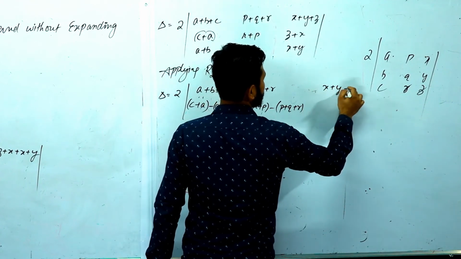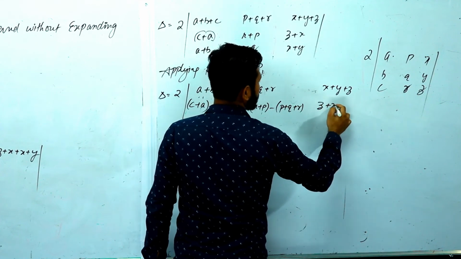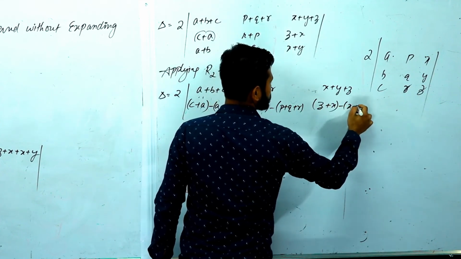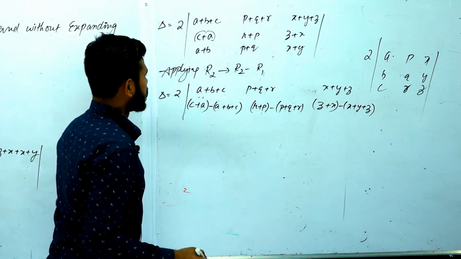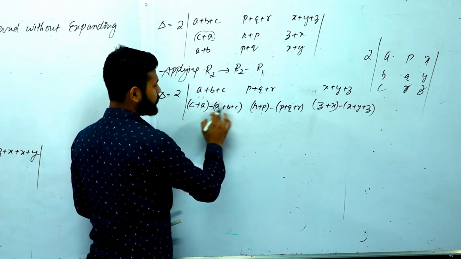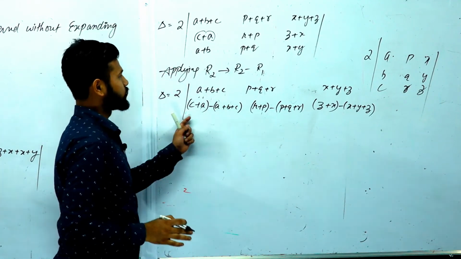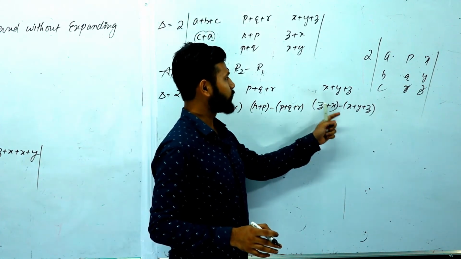X plus Y plus Z. What is here? Z plus X minus X plus Y plus Z. And from here, if we cancel C, A, B will be left, meaning minus B will be left, minus Q will be left from here,